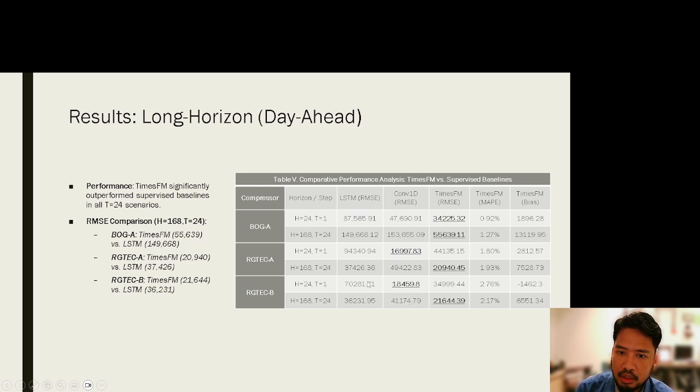You can see here that if we focus on the 24 hours prediction horizon window with a 168 hours context length, in RGTech A and RGTech B the TimesFM model outperforms all of the other models, including convolutional one dimension.